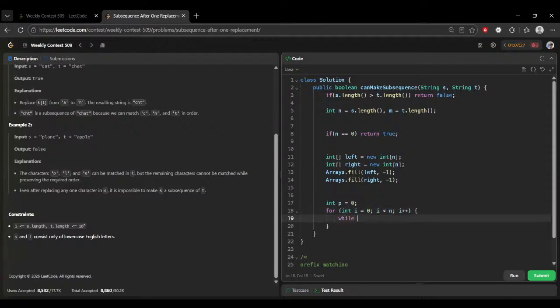And then while p less than m and t dot charAt p not equals to s dot charAt i,